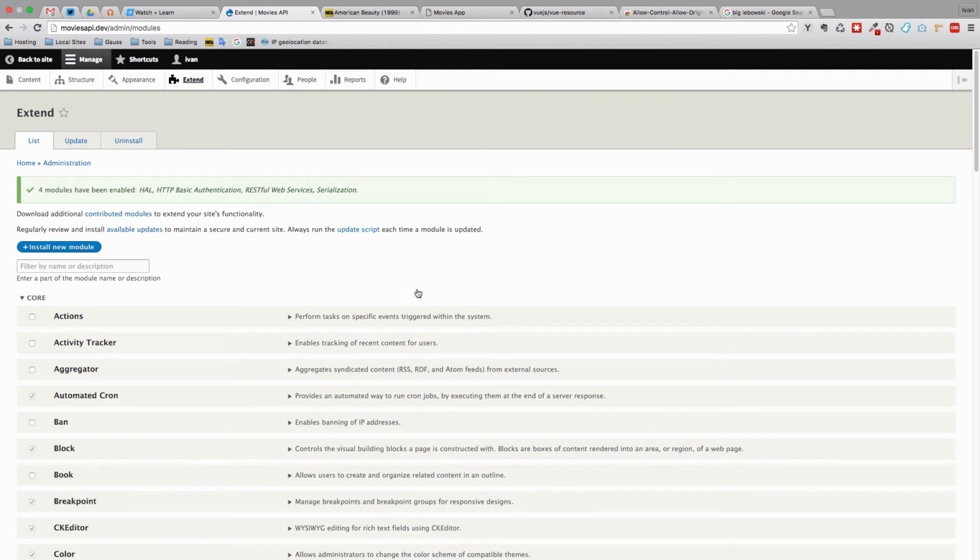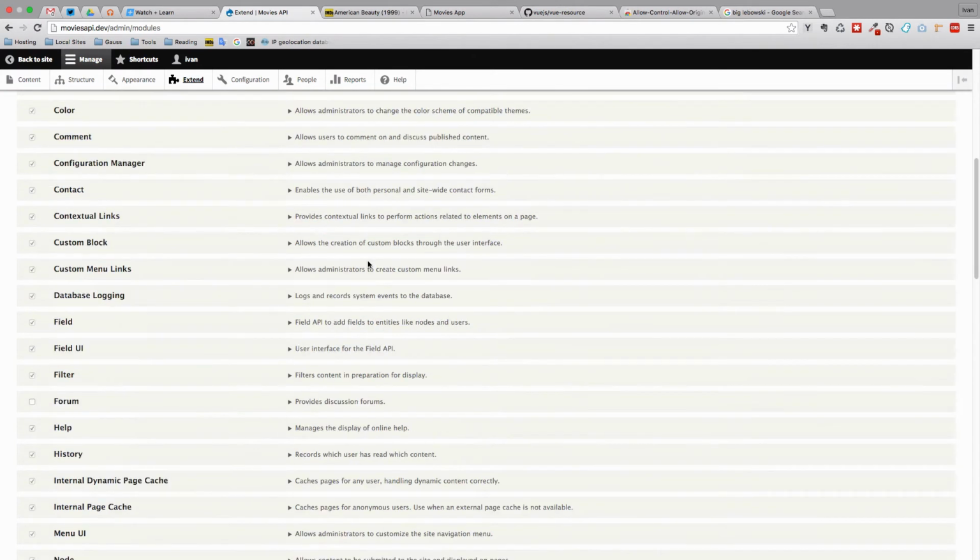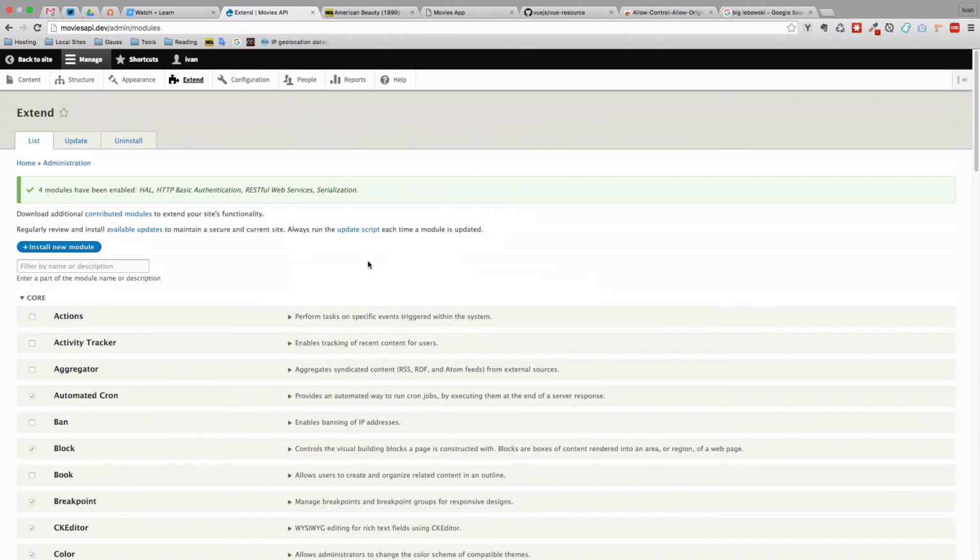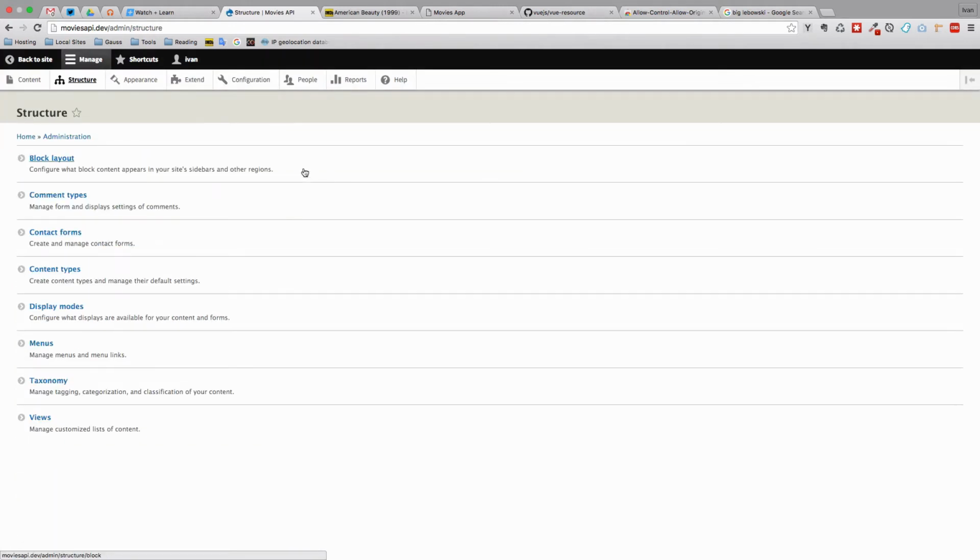Okay, once those are enabled, the thing we have to do now is make a view for ourselves. We did views in the Drupal 8 theming series, and we are going to do something very similar right here. So we are just going to go to structure, views,